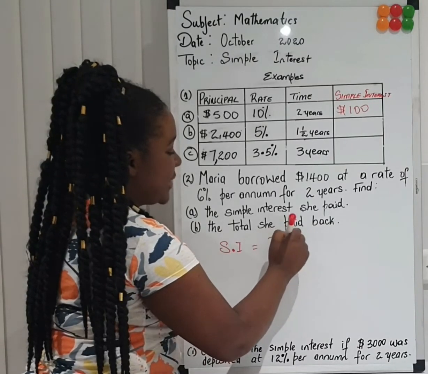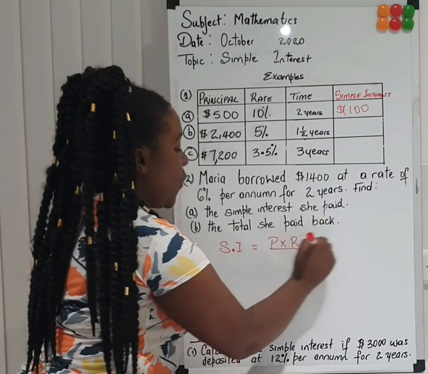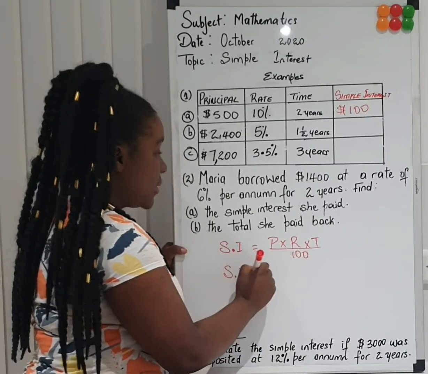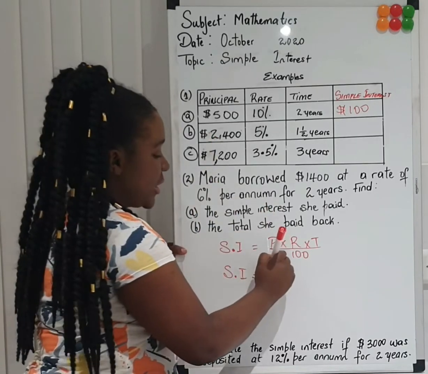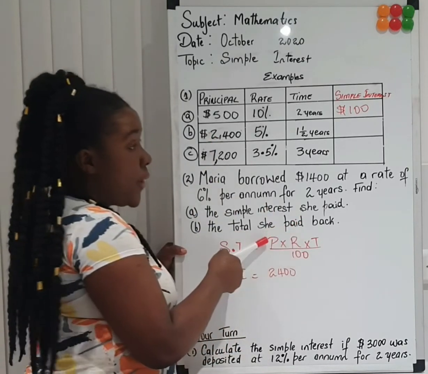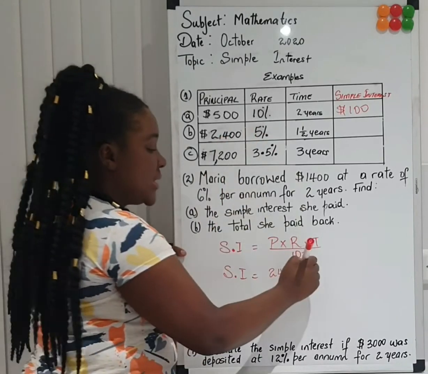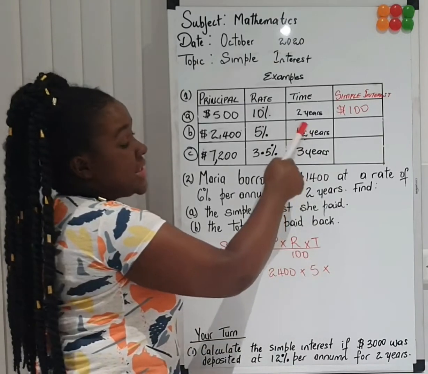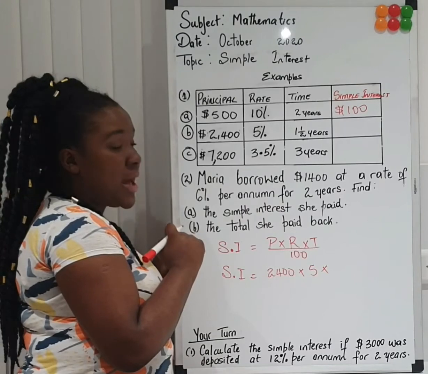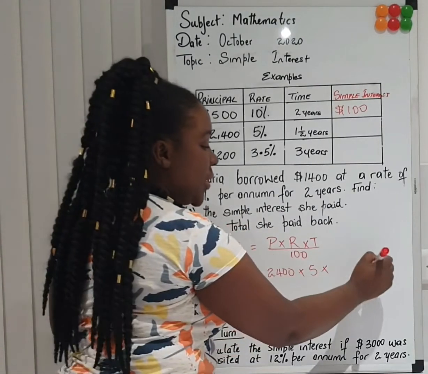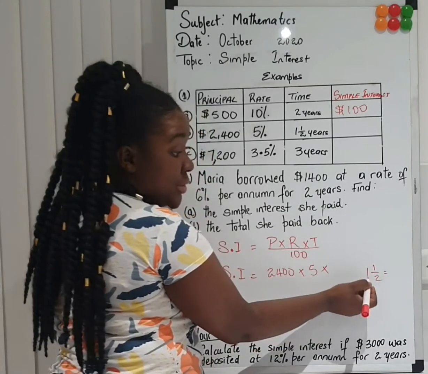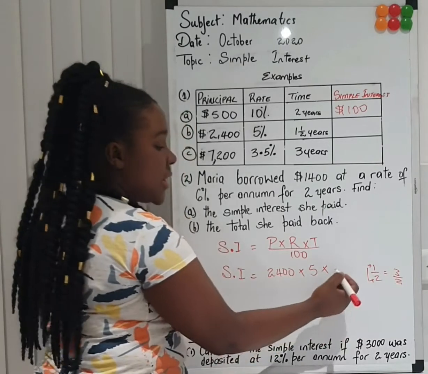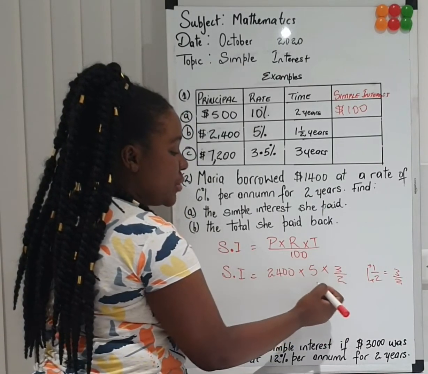Alright? So principal times rate times time over 100. So we're going to go with 2,400. So it's going to be 2,400 for principal. Then our rate is 5%, and our time, it says here 1.5. What we're going to do is change that 1.5 into an improper fraction. So 1.5 to improper fraction will be 2 times 1, 2, plus 1, 3. So that would be 3 halves. So that would be 3 over 2,